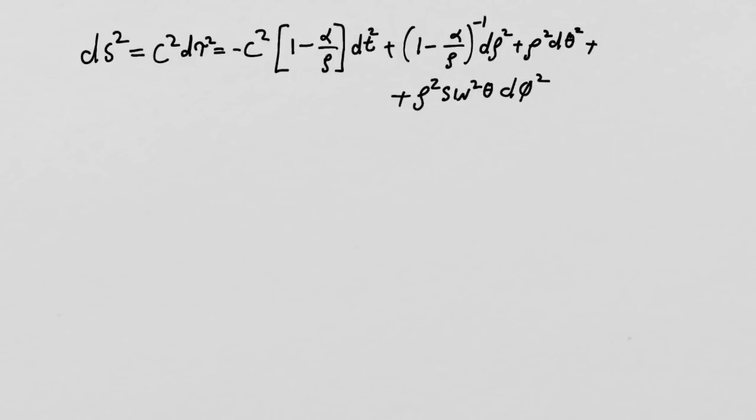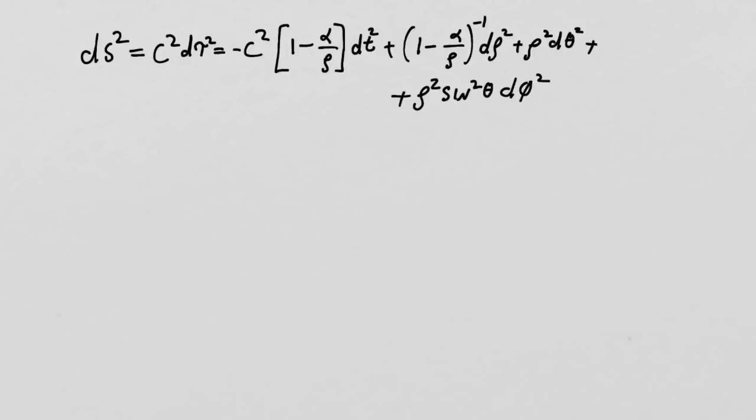And the reason I'm doing this is to emphasize that this length, this interval along the world line, is going to be the proper time of the particle following the world line. And if I choose units where c squared equals 1, then that length will in fact be ds squared equals d tau squared, so s squared and tau squared are the same. But ultimately, this is a way of parameterizing everything based on the proper time. And by putting in the c squared here, you can get a little bit of emphasis on that, but immediately we're going to put c squared equals 1 right back into the expression. So this is the